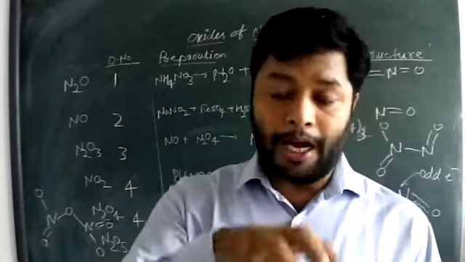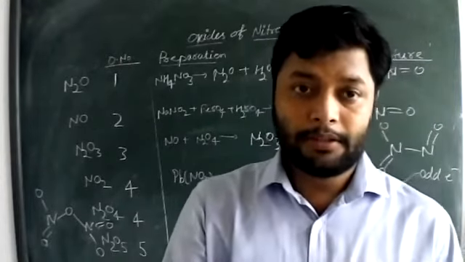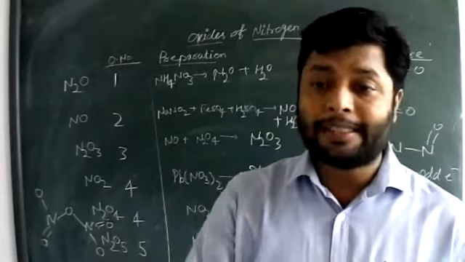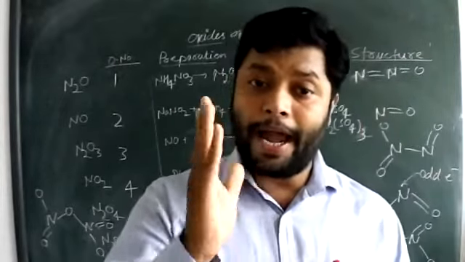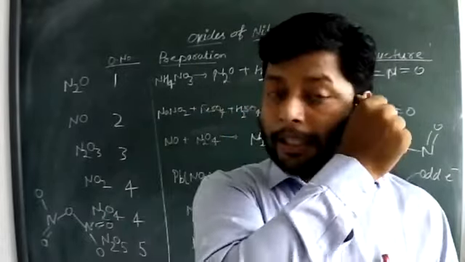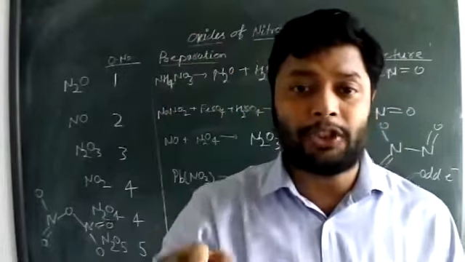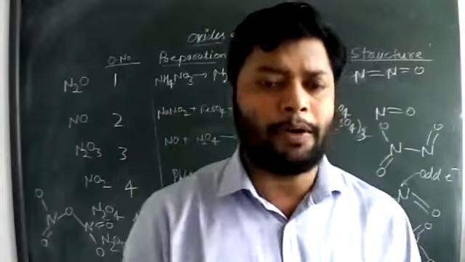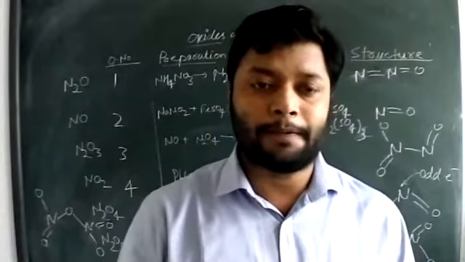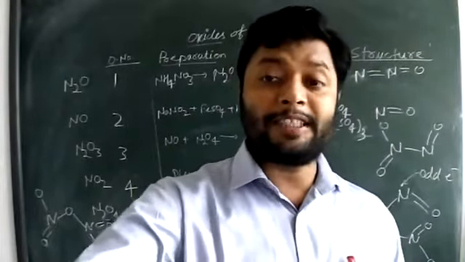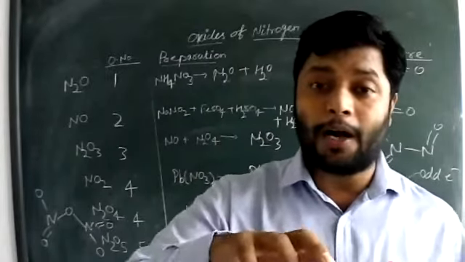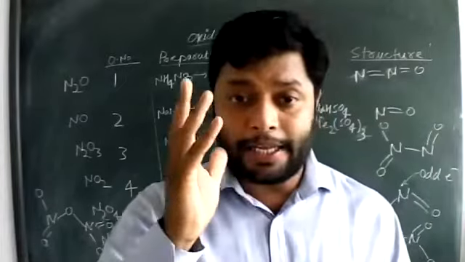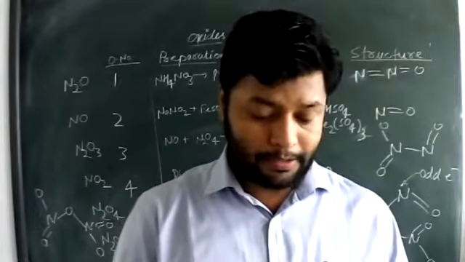So now the answer is: ammonia can easily utilize its lone pair in the coordinate bond and act as a strong Lewis base, and this tendency decreases down the group. That is the answer, because there is no need to explain back bonding here. This concept is only about how these molecules act like a Lewis base and Lewis acid.